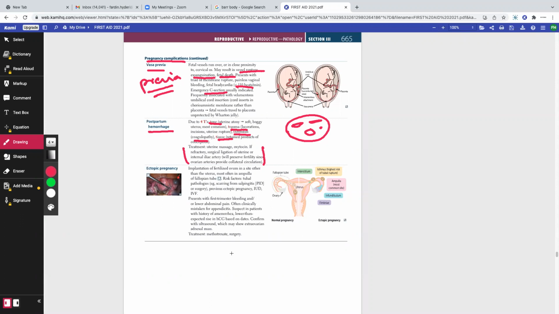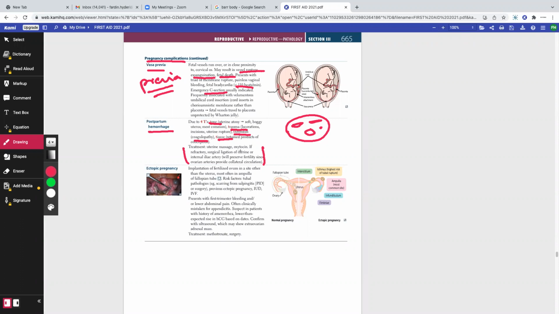After that, are you going to give the patient oxytocin? Yes or no? To cause contractions of the uterus? The answer is yes. If oxytocin does not work, can we go for surgical intervention, by ligating the uterine blood vessels? Yes or no? The answer is yes. Very quickly, if we want to ligate the uterine blood vessels, which ligament do we ligate? Cardinal ligament, round ligament, or suspensory ligament? Very good. We ligate the cardinal ligament.